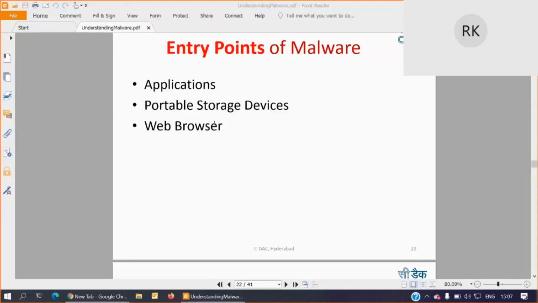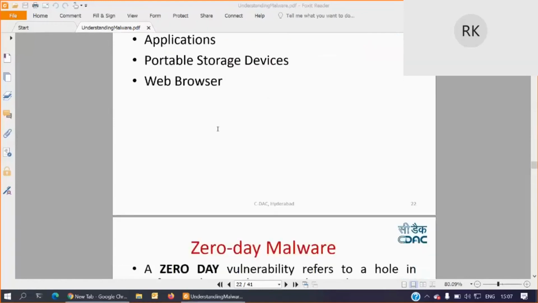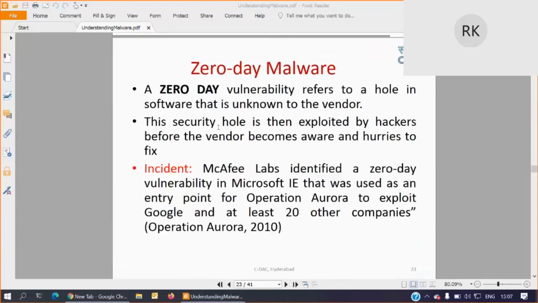So all these are very important to us. So you need to choose one of the best available antivirus solutions, and all the system related components need to be properly configured, secure and up to date. All these things you need to ensure. Then only you can avoid this malware. And there is some special kind of malware which is called zero-day malware.